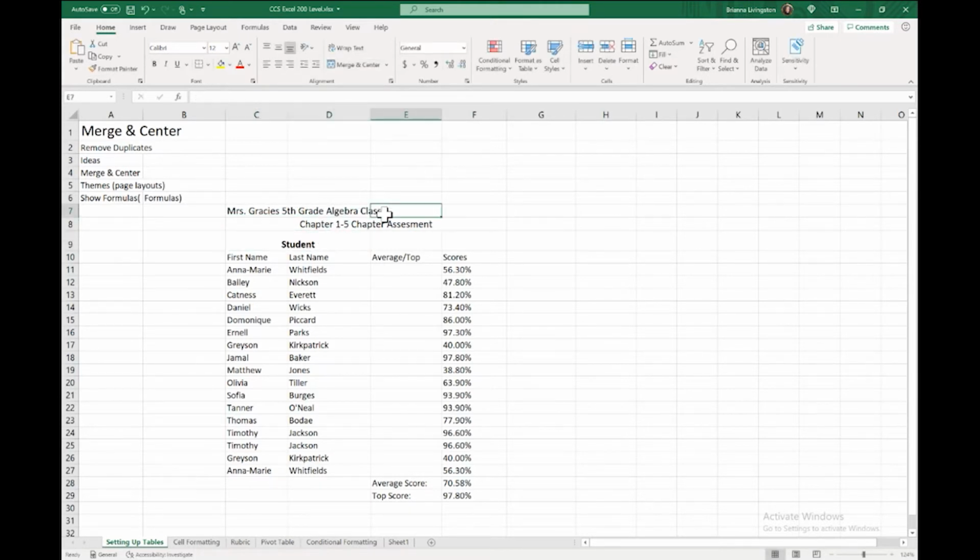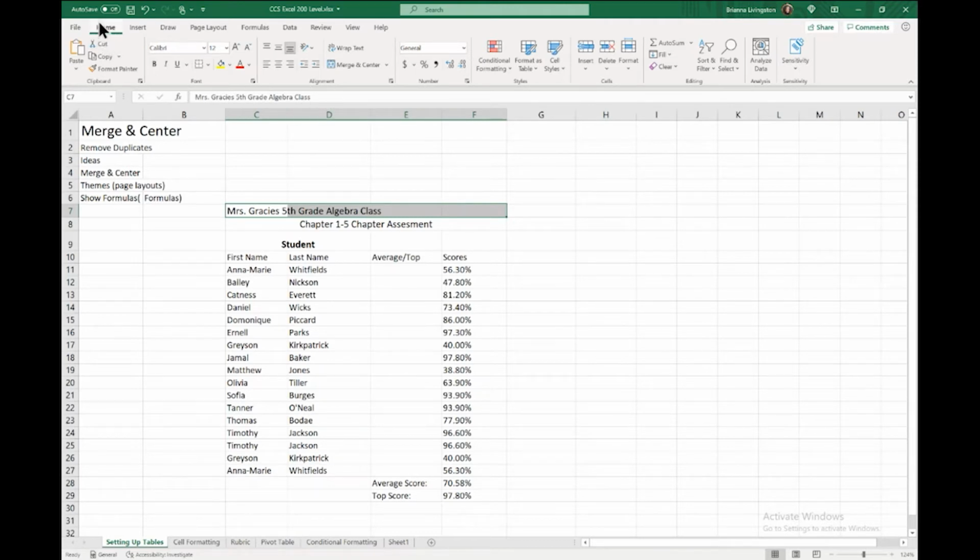And if I click on this cell, I can't edit it. That actually edits an entirely different cell. So what you want to do is actually merge and center all of this so that it becomes one long cell. So I'm going to select this and however far across I want this to go. So I want this to cover our whole table.